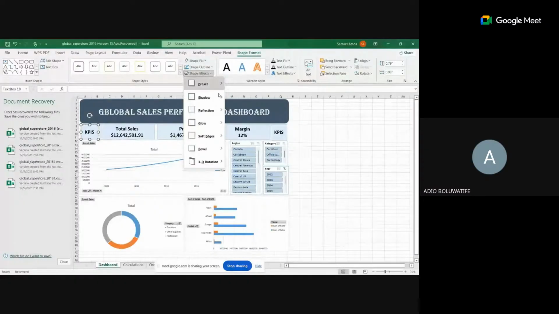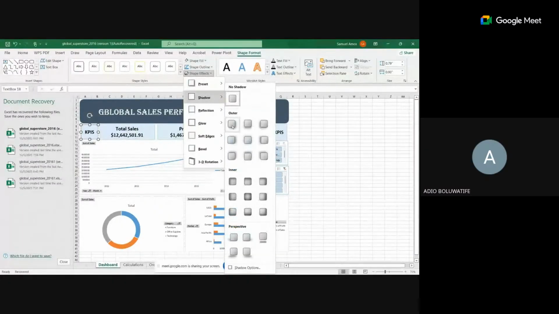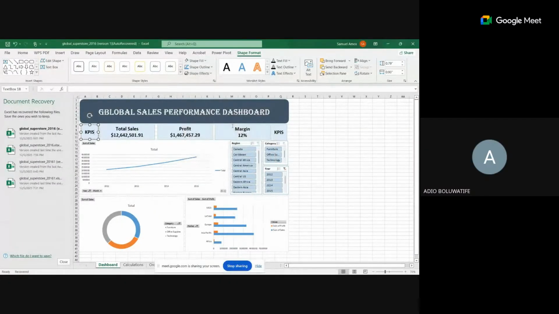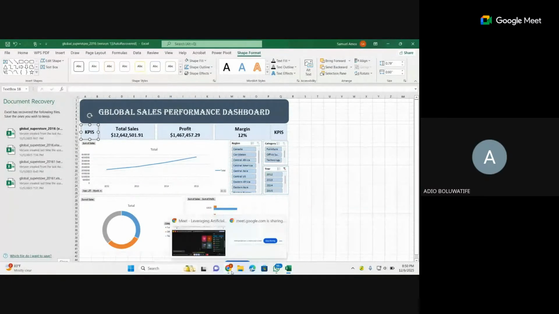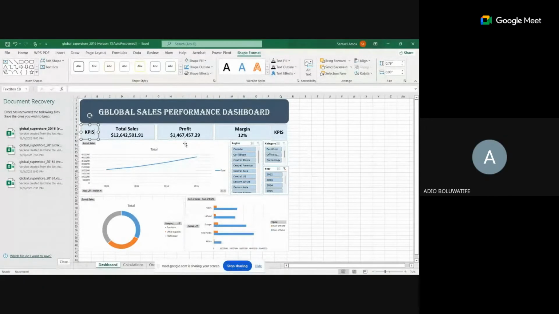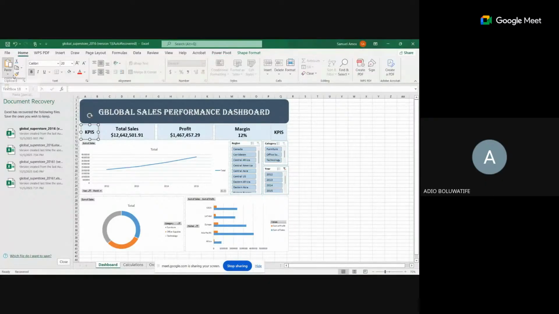Shape effect. I have shadow, right? So I have the outer shadow. You can see we're having a shadow now, right? So let's just use format painter to work on it so that we don't have to go through the stress of